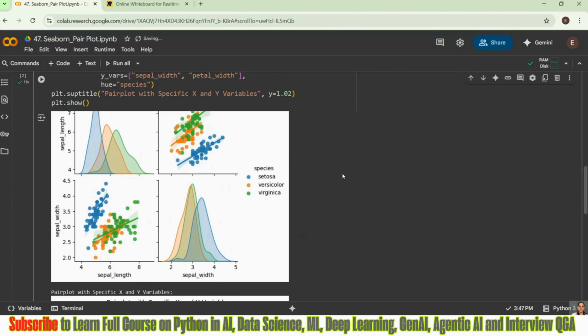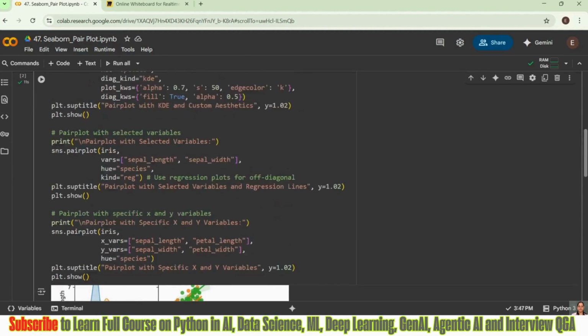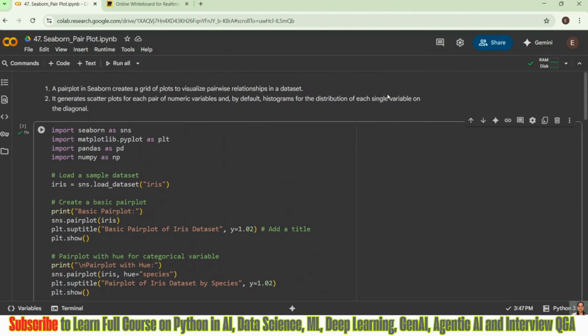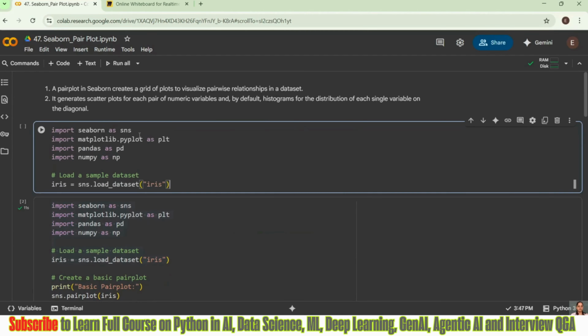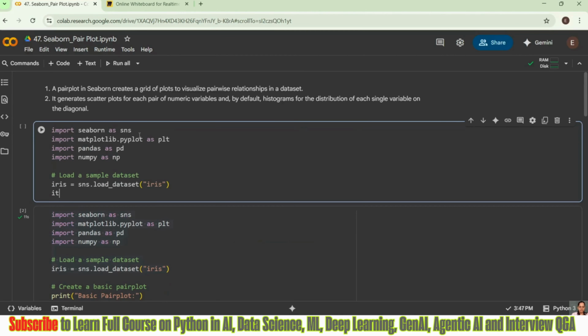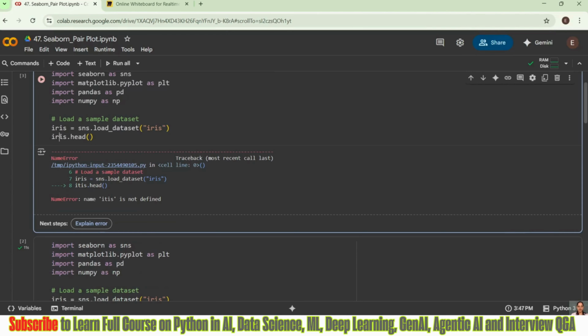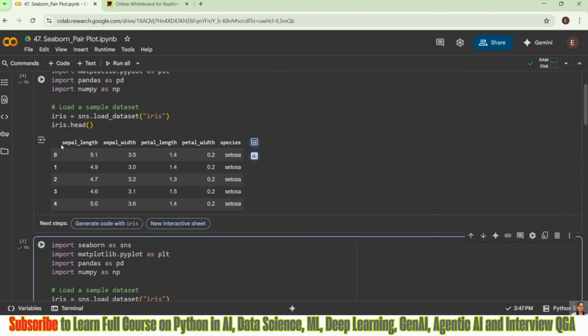Iris is a class of flower, and it has four features. We'll take it out in our code editor, and iris.head. It has sepal length, sepal width, petal length, petal width, and the species of it.